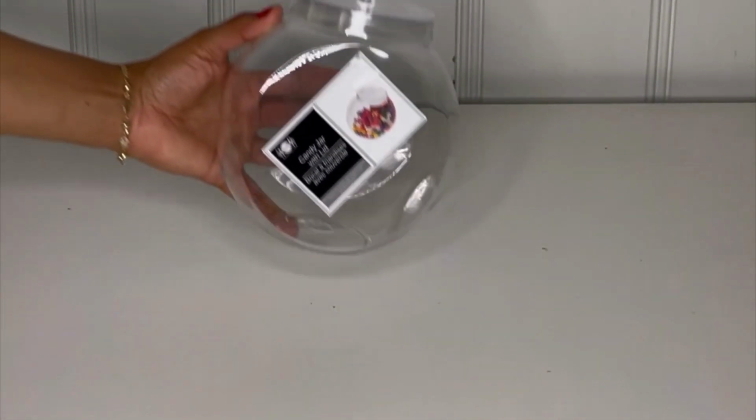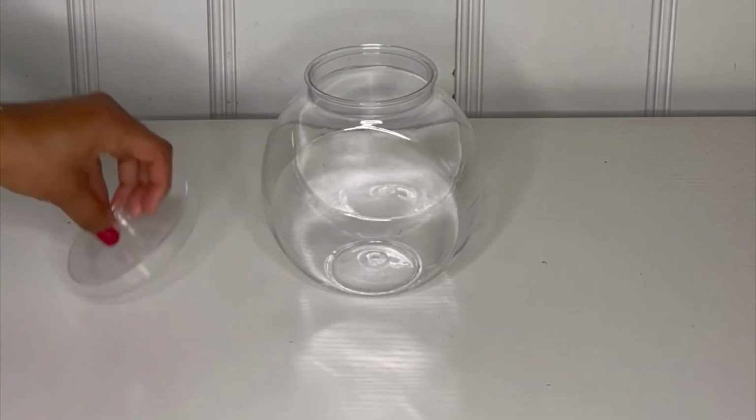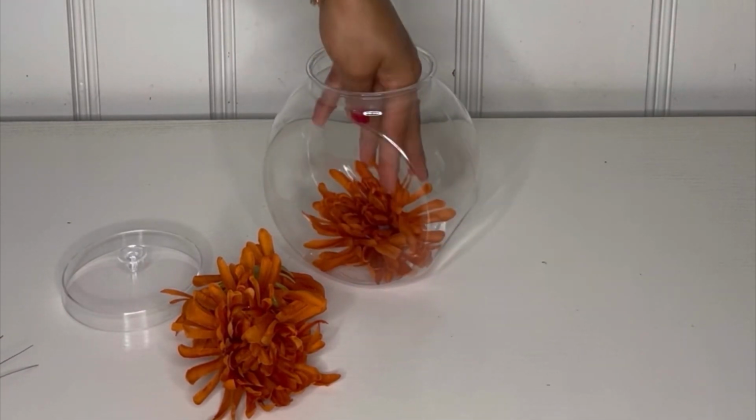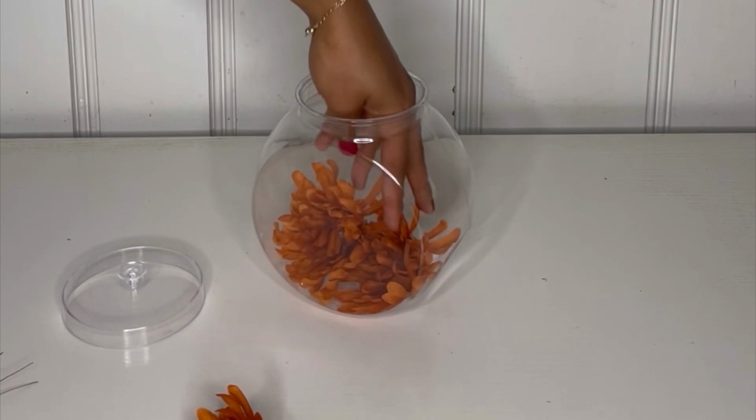So go ahead and take one of these candy jars, and I'm gonna take the sticker out. It's pretty simple. The lid comes out as well. And I'm gonna take some flowers and place a few flowers inside, like one on each side, and then I'm gonna take this little